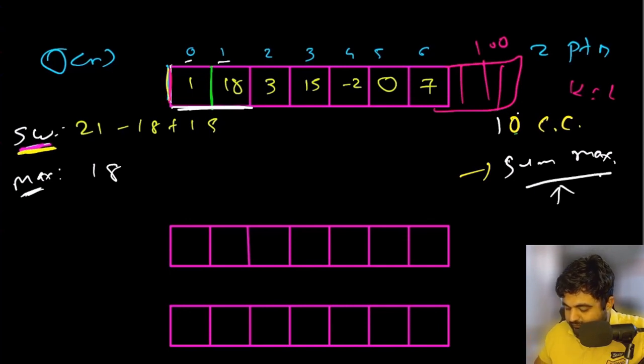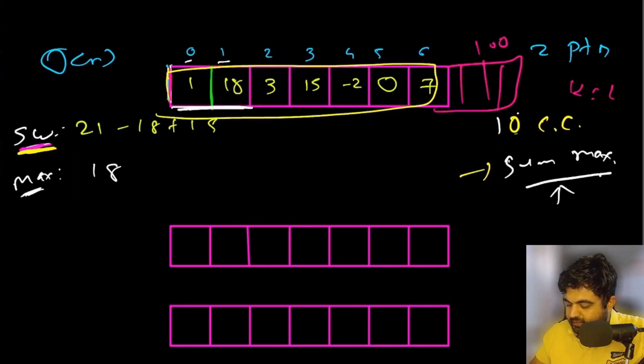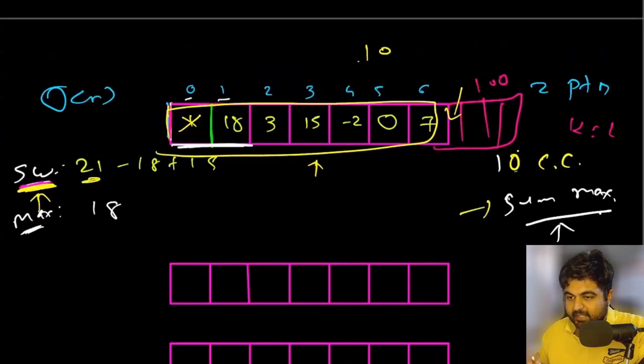Why? Because for the first time you would calculate the sum of the first 10 elements, and then every single time you will need to calculate the sum of the next sliding window, you will not need to do the entire computation of all the 10 elements. You can simply apply this formula where you get rid of the first element, which is no longer part of the consecutive sliding window, and then only add the next element, and that would be a pretty significant improvement in your code. So this is what any interviewer is going to check, and this is the whole core logic behind the sliding window technique.